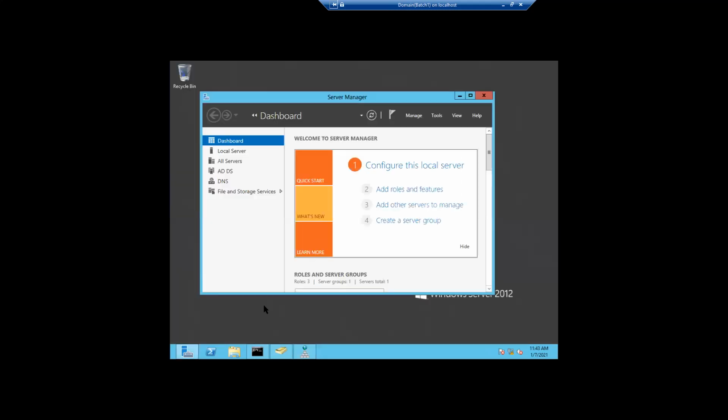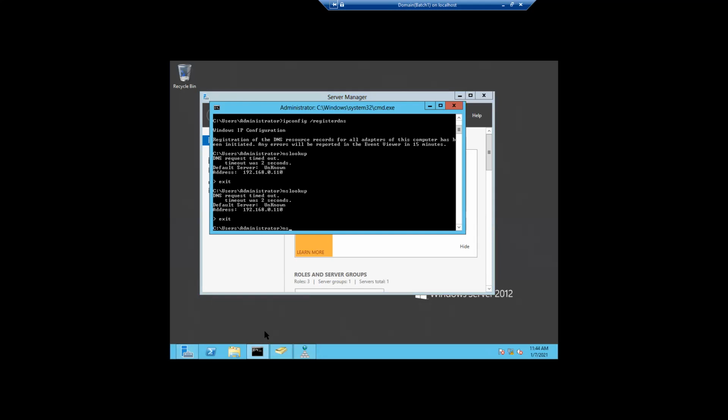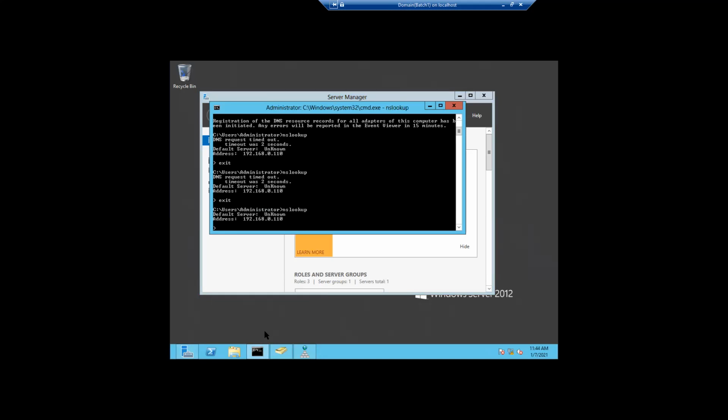In the meantime, we will try whether everything is actually working, but I think it will take some time. We'll try whether we are still able to resolve or are still getting the error. NS lookup. Okay, it is taking some time to resolve.